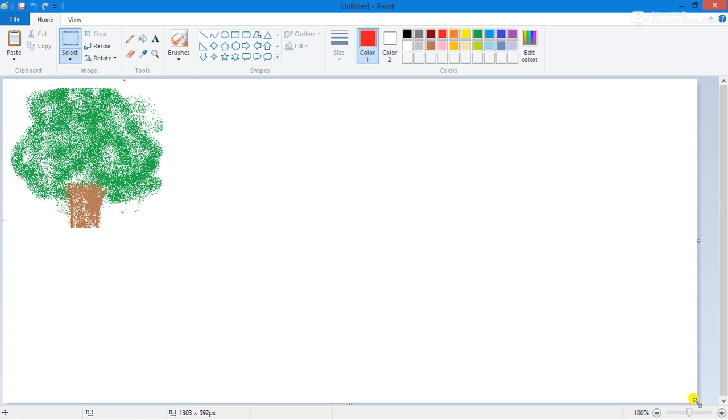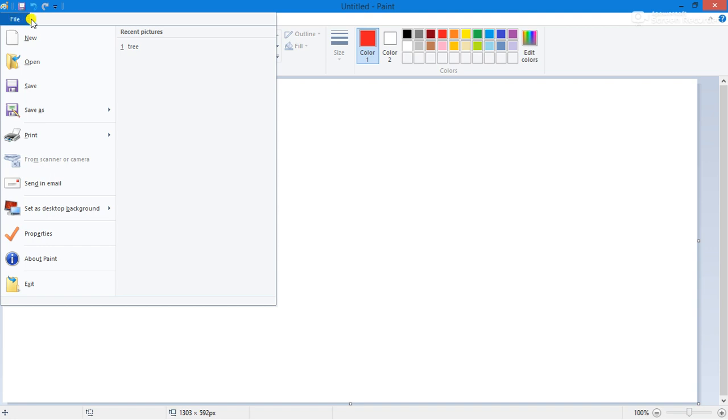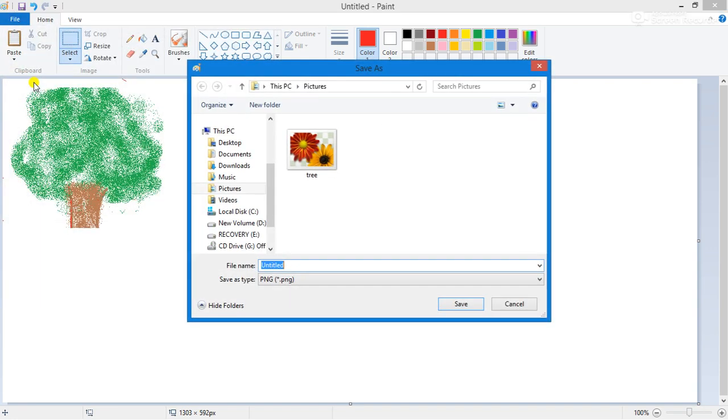Now if I want to save this picture as a new drawing, first click on the File option, then click on the save option. It will automatically open the Pictures folder where it is going to save. So it's a wizard where I will write my painting name.